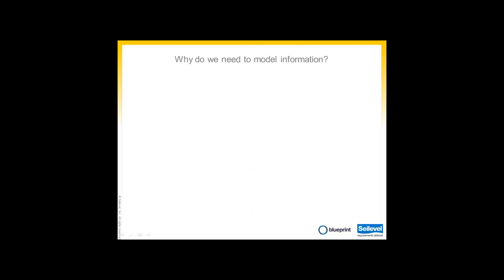So let's back up a minute and talk about requirements models. Why is it that we even need to model information in the first place? Well, back in the 1950s, there's a psychologist, George Miller, who did some studies to demonstrate that the human brain has the capacity to process about 7 plus or minus 2 things at a time. Right? So between 5 and 9 things,